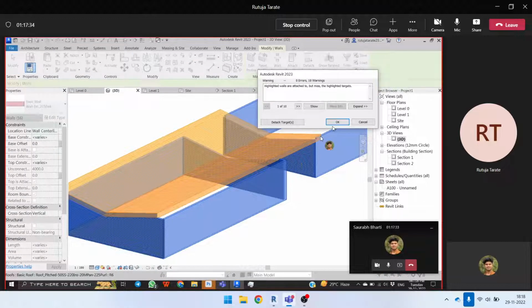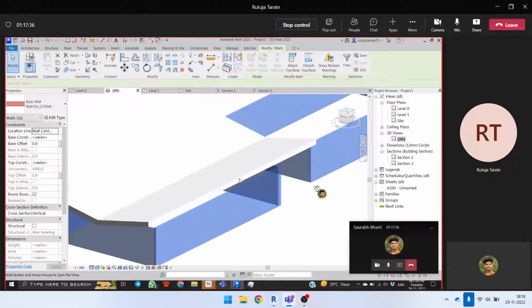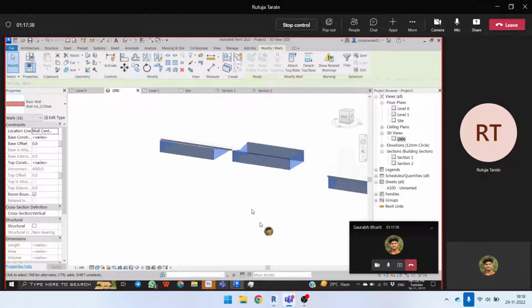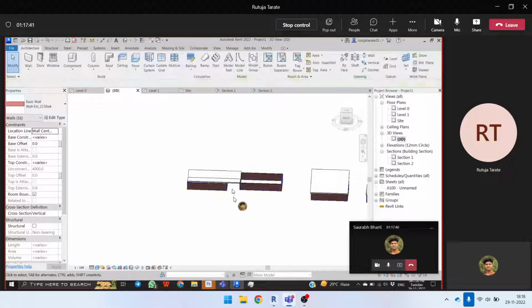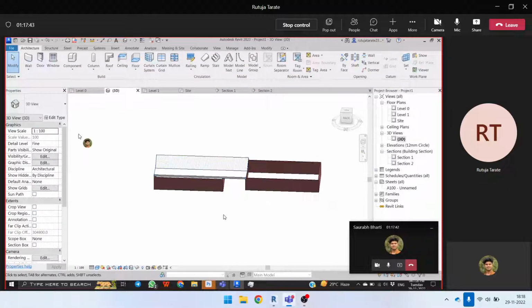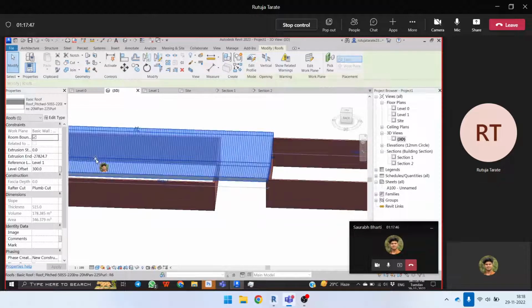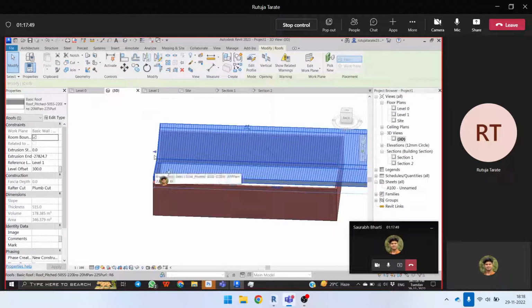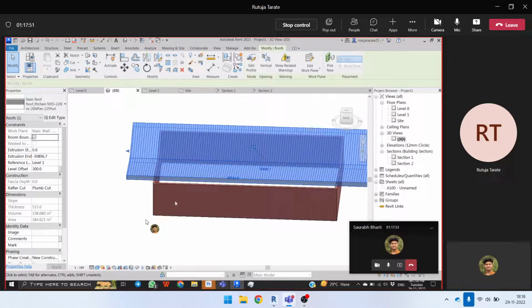Okay, now you can see what I have done. What's the error, man? Okay, let's just see. I'm just selecting the four walls. Okay, what you have to do is just increase the size of it from here. As you can see, there's the arrow. Okay, and